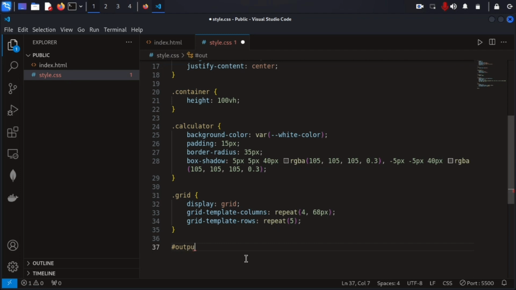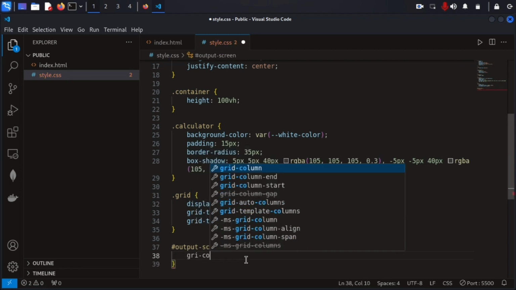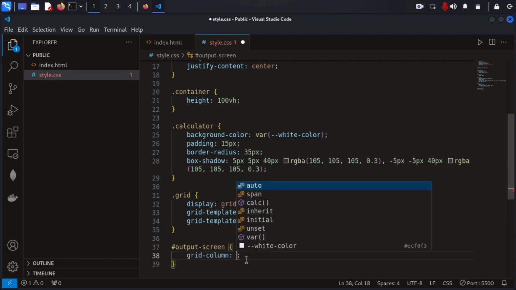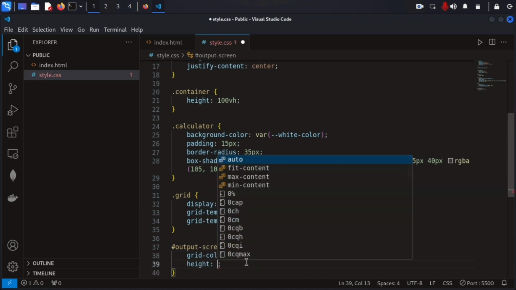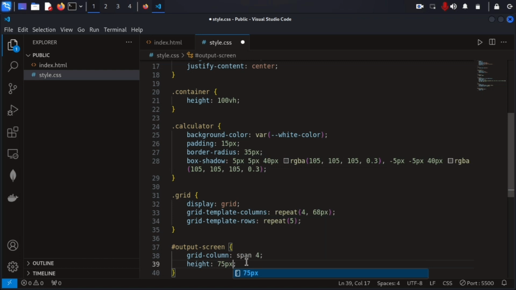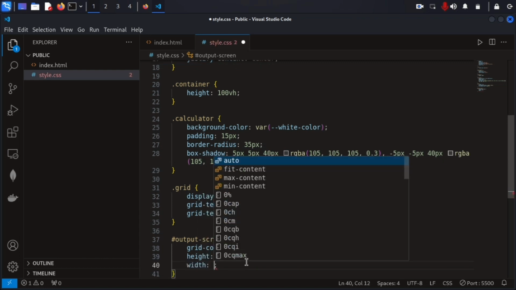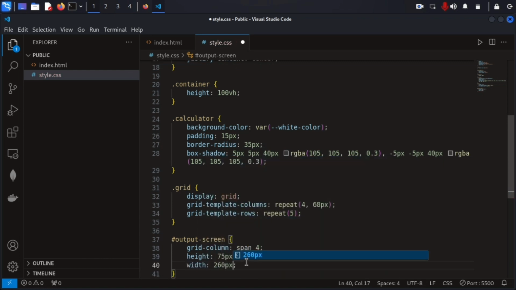Selecting this output screen, grid-column will be span 4, height will be, I think, 75 pixel, width will be 260 pixel,